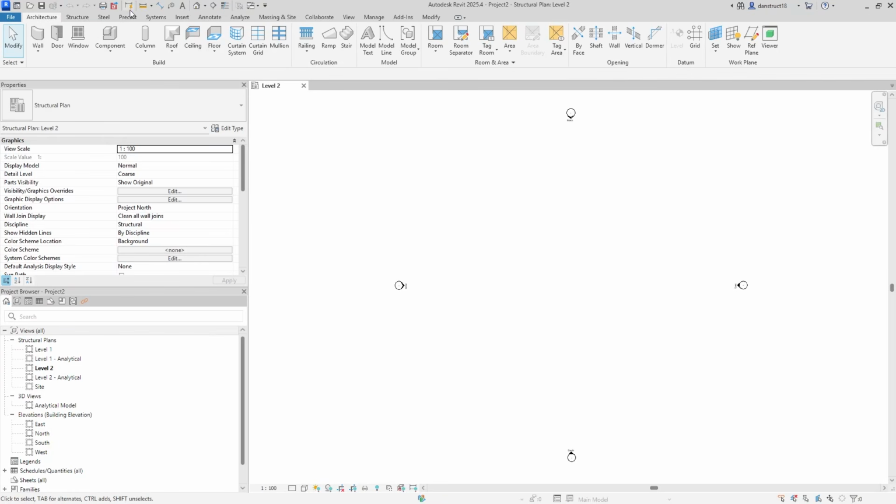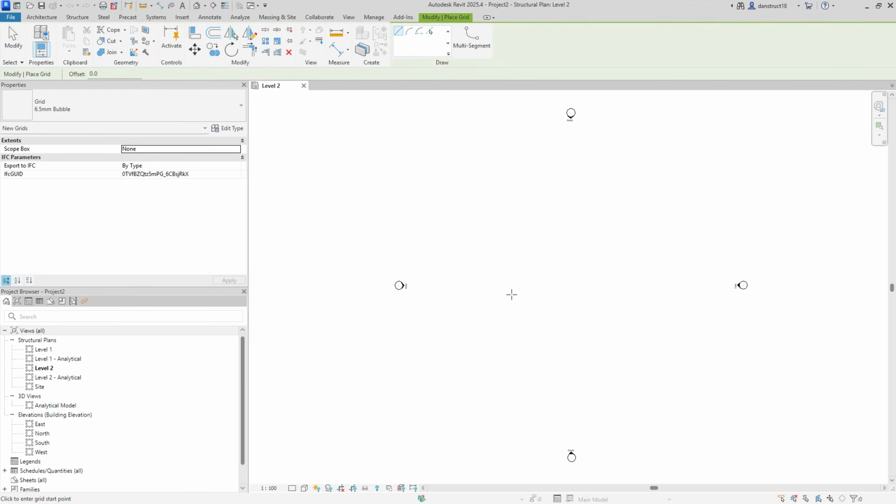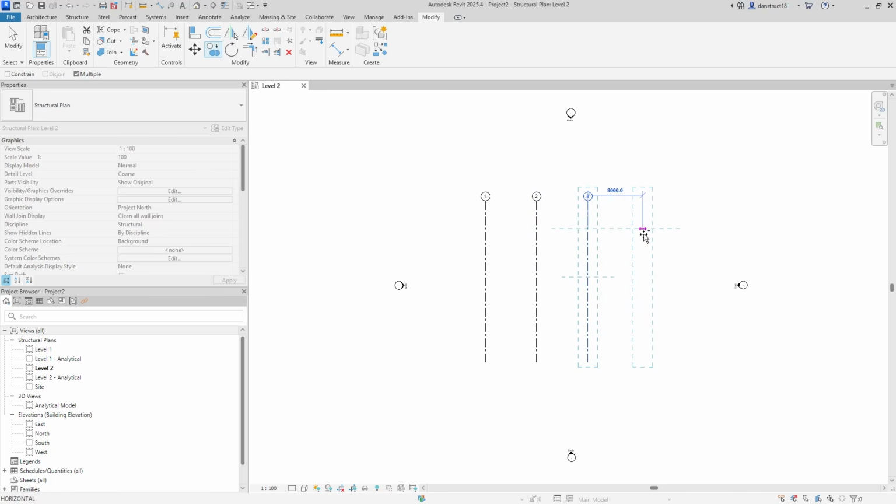Alright, great. Now I'm going to create the grid lines. I'll come to the structures tab, and under the datum group, I'm going to click on grid. I'll click here to create my first grid line. I'll click here, and then I can specify a distance of about 7,500. I can just move and then type in the value 7,500, press enter, move upwards, and I can use the copy tool. So I'll select this, I'll press enter, click here, I'll type here 7,500, enter, type here 7,500, enter,